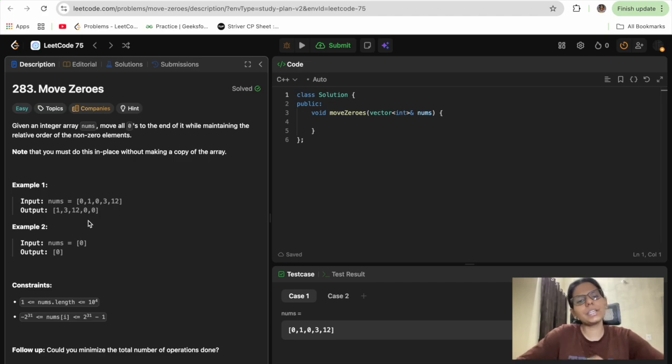And the second approach coming to my mind is we'll count the number of zeros, then we'll traverse from left, and we'll take two pointers, left and right. We'll traverse from left, and all the non-zero numbers,